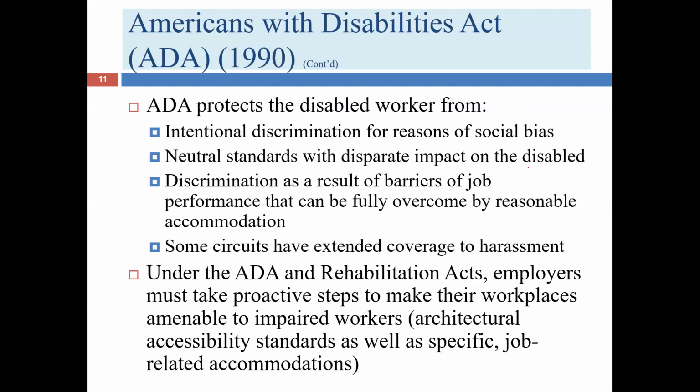And so similarly, we can see that a policy can, on the face, appear neutral, but can disparately impact disabled individuals over non-disabled individuals. For example, only hiring people of a certain height. Well, if I'm in a wheelchair, I'm not going to be 5 feet tall. I'm going to be whatever my sitting height is. And so under those circumstances, a height restriction might have a disparate impact upon me. That's just one example. We'll talk about how this plays out in somewhat more complicated situations later on in these presentations.